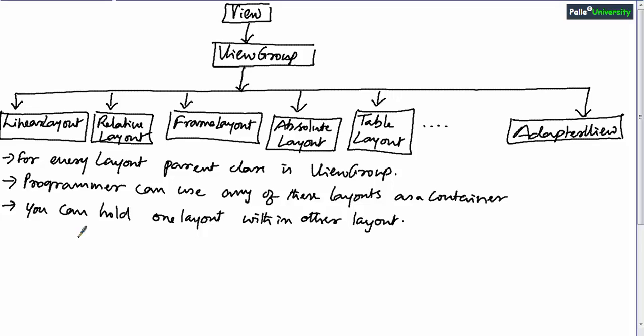For example, let us say this is a relative layout. Within the relative layout, you can hold a linear layout and a frame layout. And again, within this frame layout, you can hold probably some table layout. But remember, having too many nested layouts, meaning a layout within another layout, is dangerous. It may go out of your control, and managing such kind of projects will be really difficult. So don't take too many nested layouts, though it is possible.